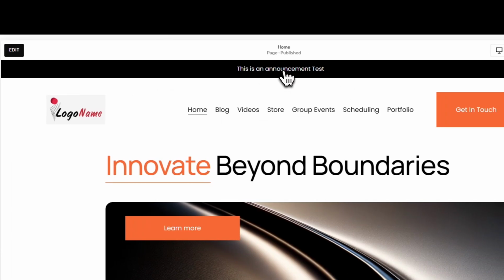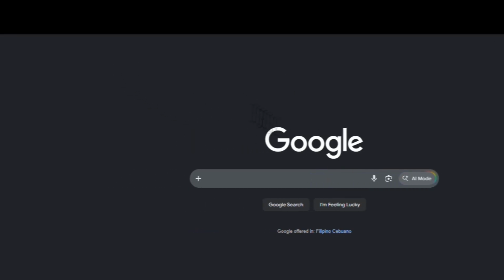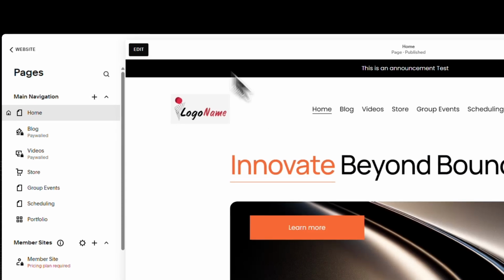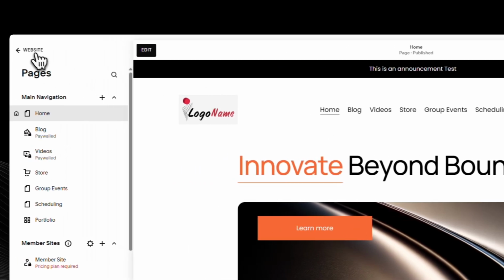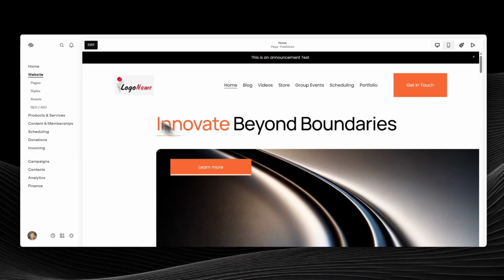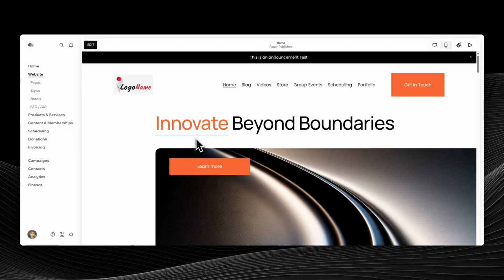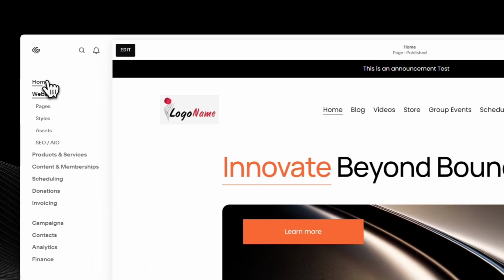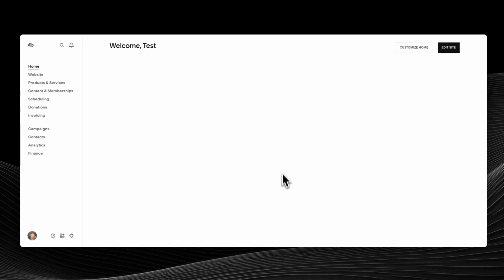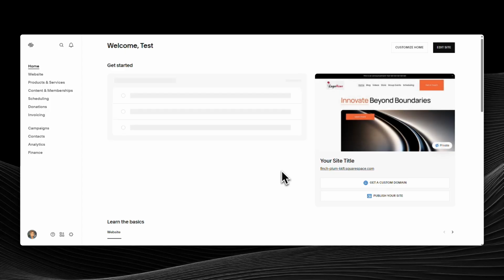As a quick recap, you searched for announcement bar using the top left search icon, you edited the message and pasted the link you want it to go to, and you clicked Save. With just those steps, you've added a flexible, high-impact element to your Squarespace site that's perfect for promotions, alerts, and updates. Keep your phrasing clear, your link accurate, and your message focused, and you'll make the most of this simple